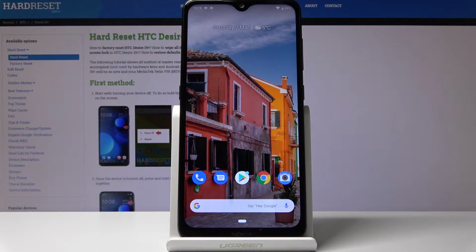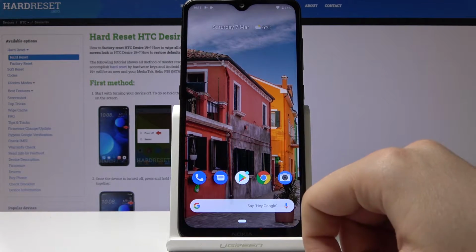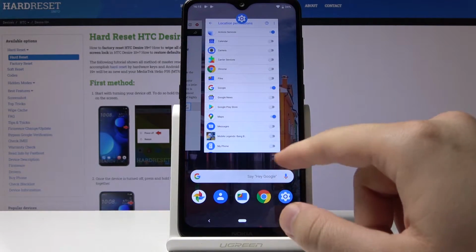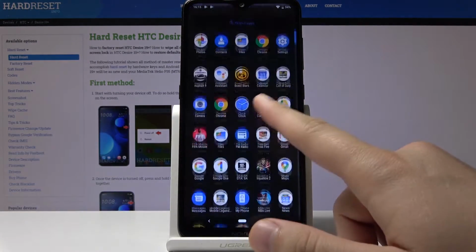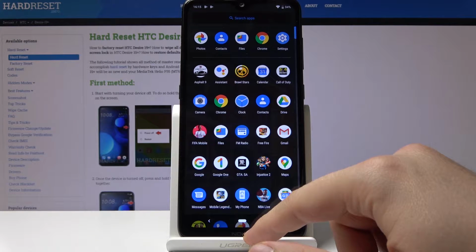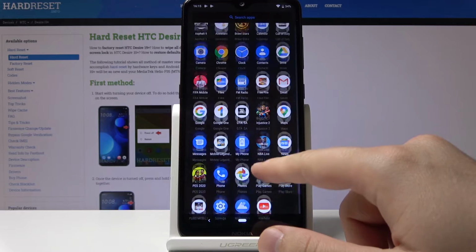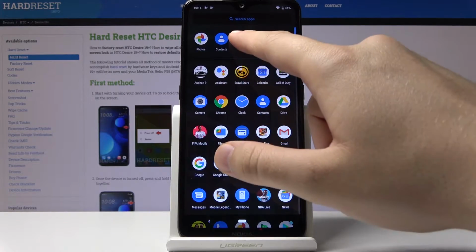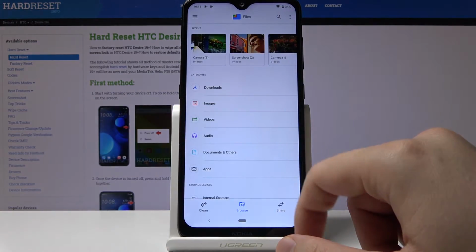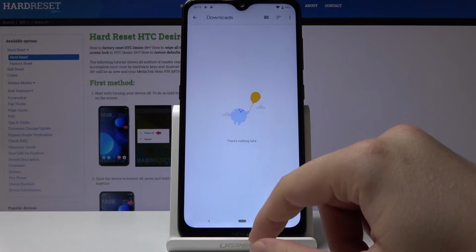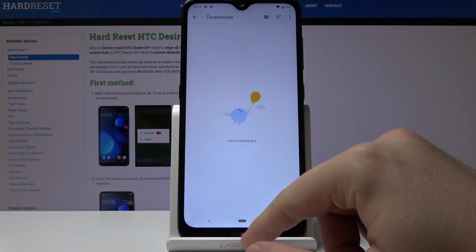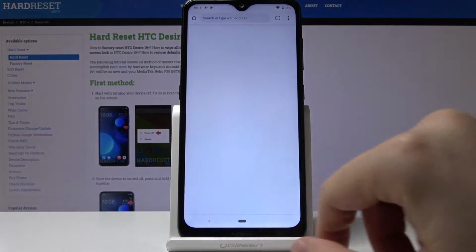Hello, if you are looking for the files that you download from the internet on your Nokia 6.2, you have to open the main menu, and as you can see, we can find the files here. And now when we go to downloads, there is nothing here because we didn't download anything, but of course we